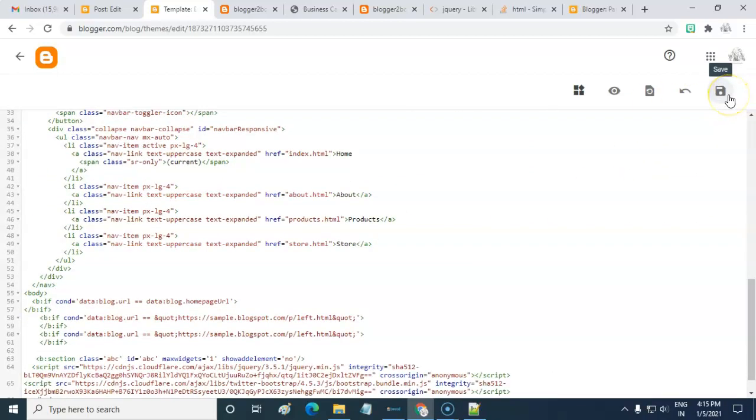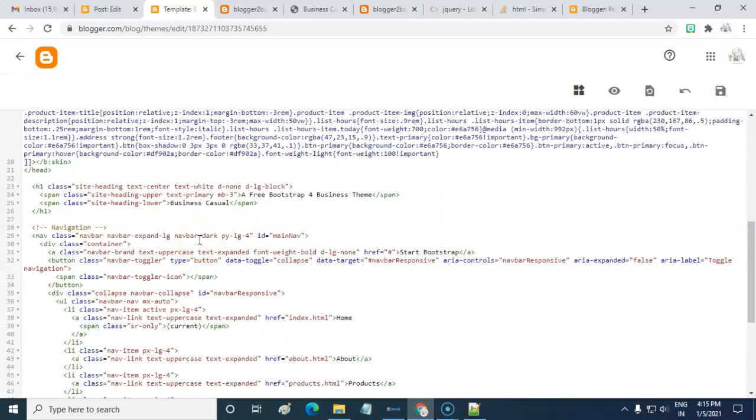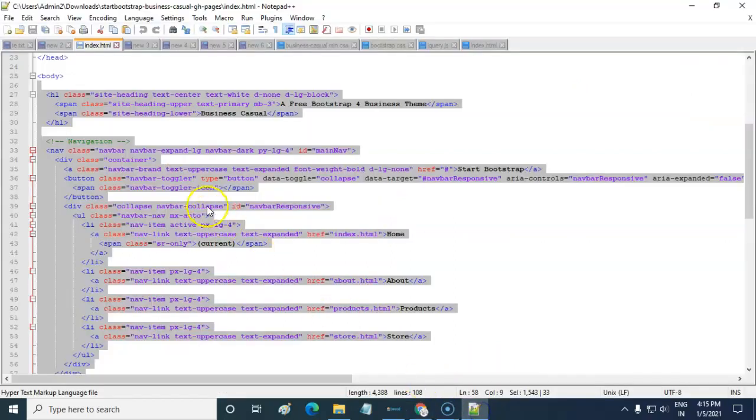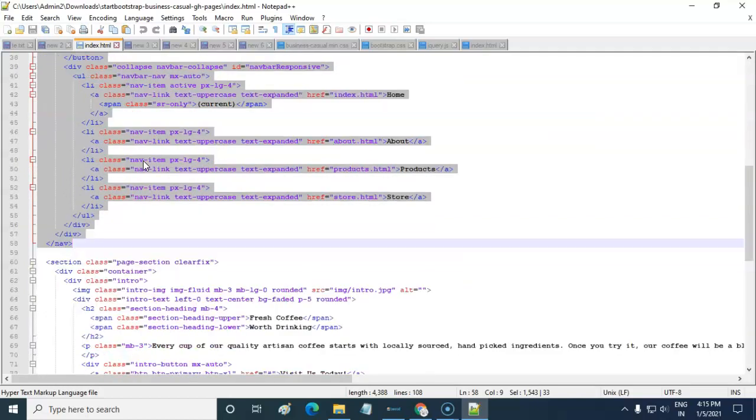Now click save button. Now it will automatically come to all pages.